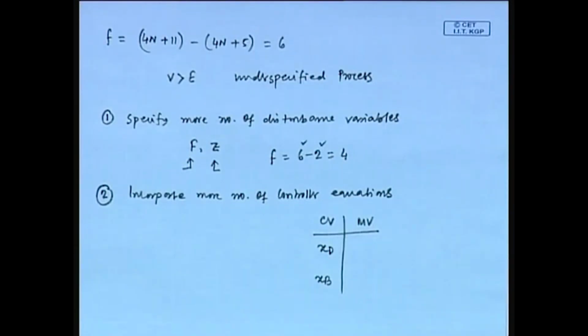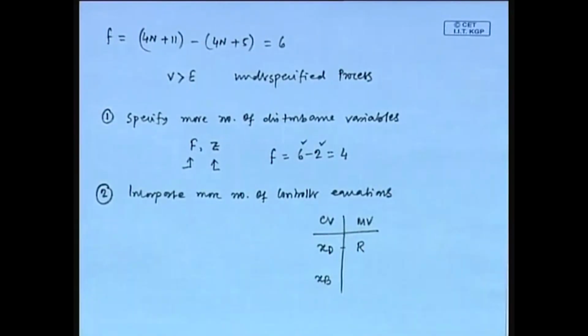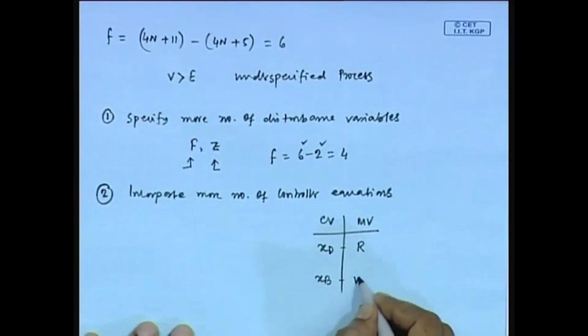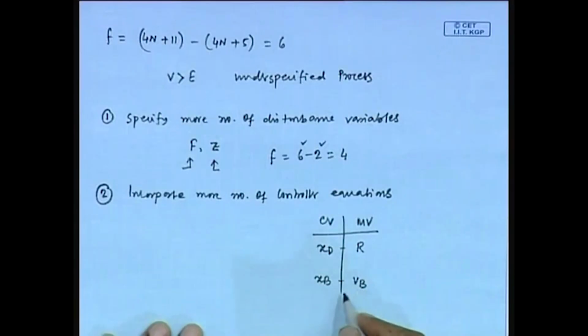Fine. Now, what will be the manipulated variable? For XD, we can consider the manipulated variable, that is reflux flow rate. And for the bottom purity, we can consider the manipulated variable as vapor boil up rate. Fine. These are the standard controlled variable, manipulated variable pairs. Along with these two pairs, we can include another two controlled variable, manipulated variable pairs, one for top section and